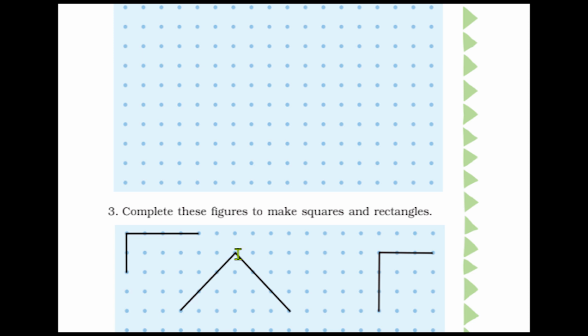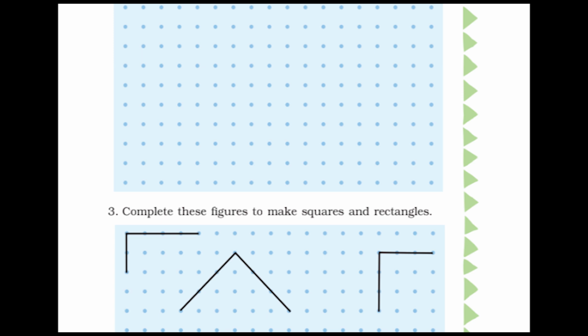Now you can count here like this. How many dots are there? 1, 2, 3, 4. So 1, 2, 3, 4. You will go cross. 1, 2, 3, 4. So this can be a square. Okay. Again this can be a square when you complete this. Now how many dots are there? In this line 3. So when you make it with 3 lines, it will be a square. Okay. Or if you go up and make with 2 lines, 2 dots, it can be also a rectangle.